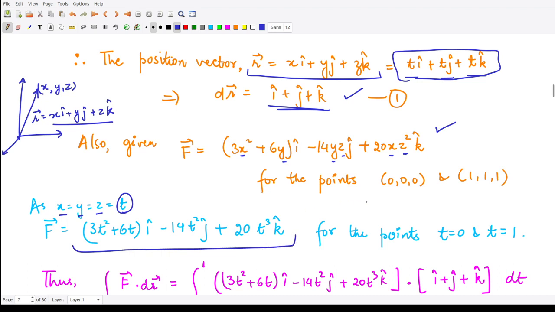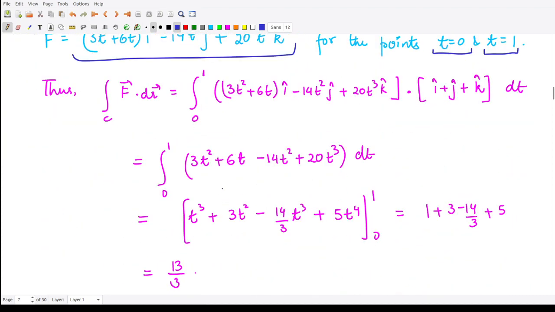And moreover we can also convert these given points in terms of t. So these are the values of x, y and z. Here, because they are equal, the value of t also becomes equal to 0 and also equal to 1. So you are seeing that here we were in 3 dimensions, a vector representing the position of a particle in 3 dimensions. We have now changed that system from 3 variables to 1 variable.